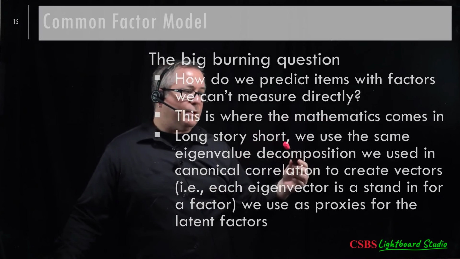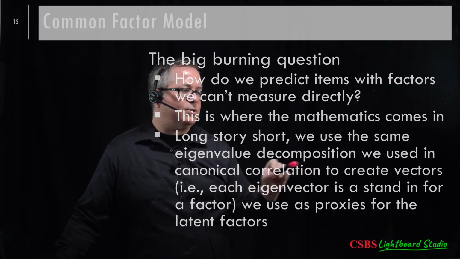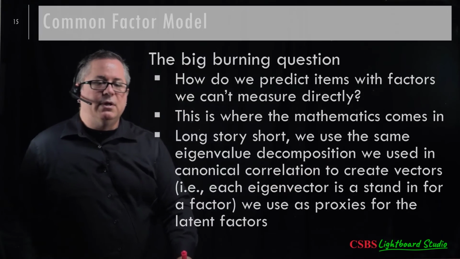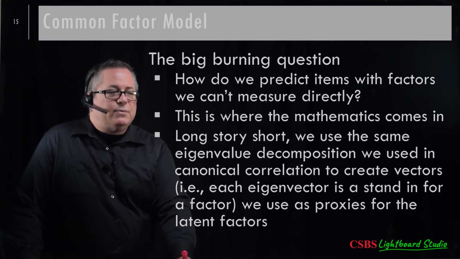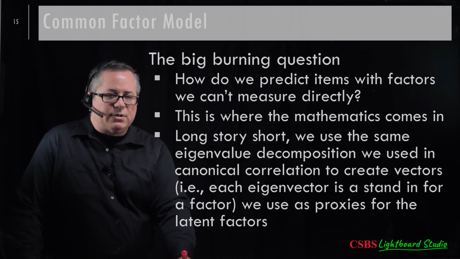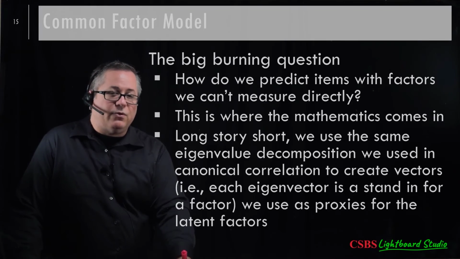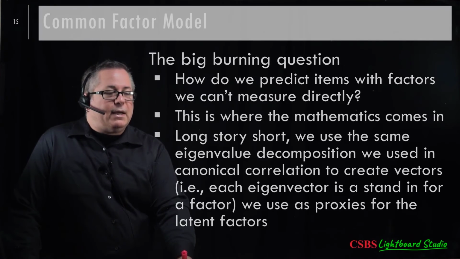Long story short, it's the same process we did before: eigenvalue, eigenvector decomposition, which we used in canonical correlation. In canonical correlation, we did some steps to make a special matrix. Remember, we took the correlation matrix, the x, y, y, x, and all those components, and divided and did all this stuff to create a special matrix. We're not doing that. We're going to apply the eigenvalue, eigenvector deconstruction to the full covariance